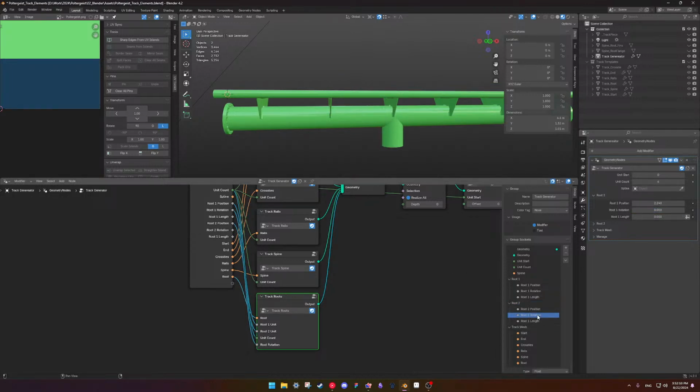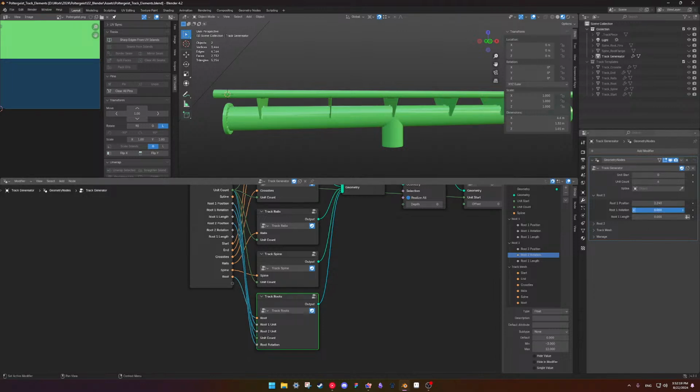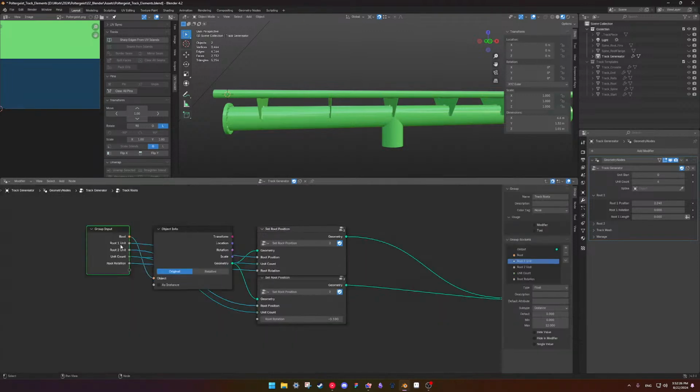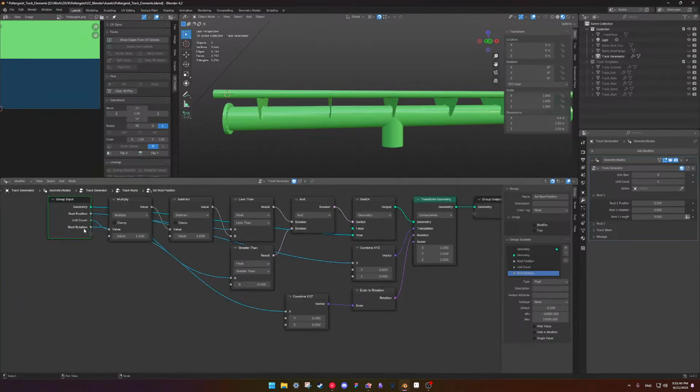Oh shoot. Rotation, let's not limit it. Let's do -3, maybe? Hold on, let me, it's too late. Okay, so. Rotation. And okay.